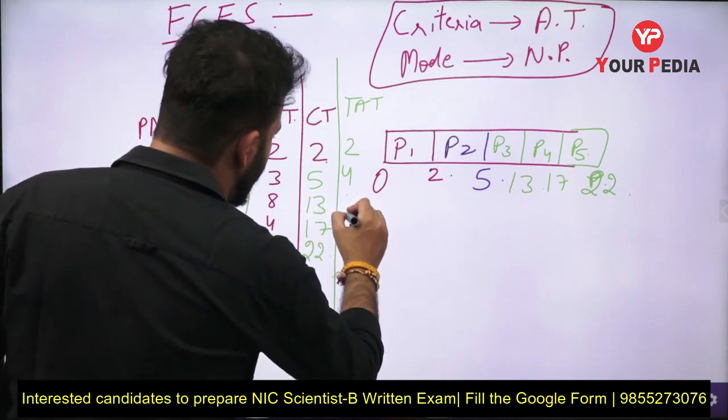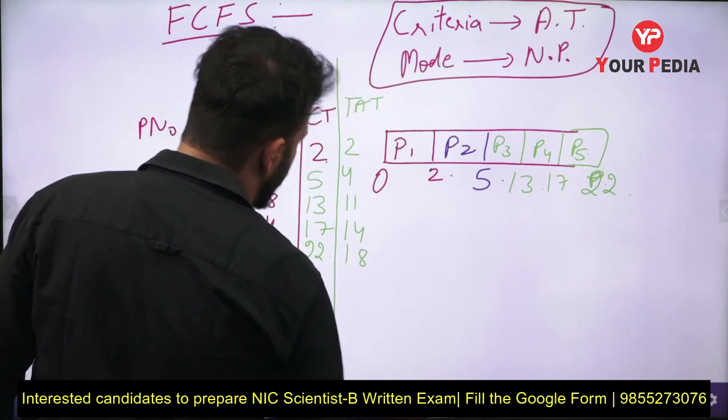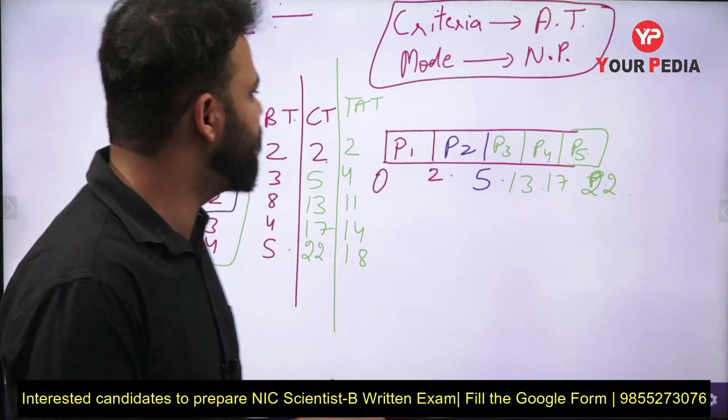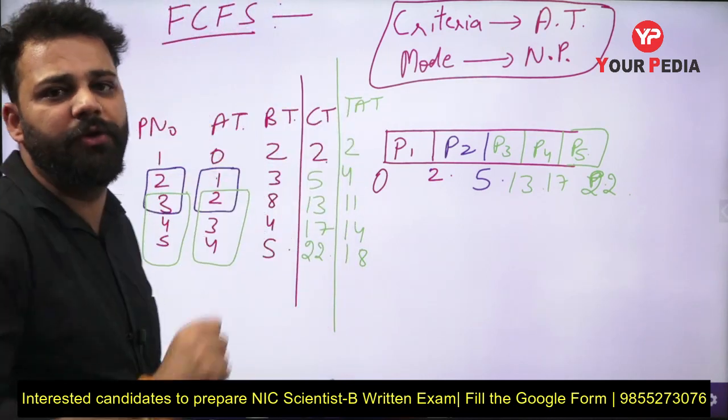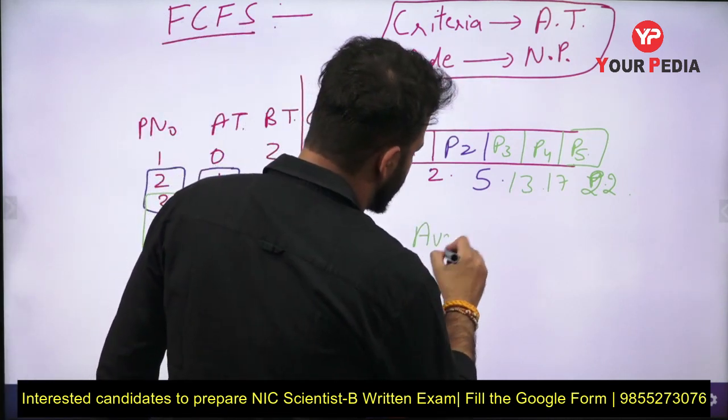13 minus 12 is 11. 17 minus 3 is 14 and 22 minus 4 is 18. So these are the turnaround times. Now the question is, what will be the average turnaround time for this system if we use first come first serve? So average turnaround time is nothing but